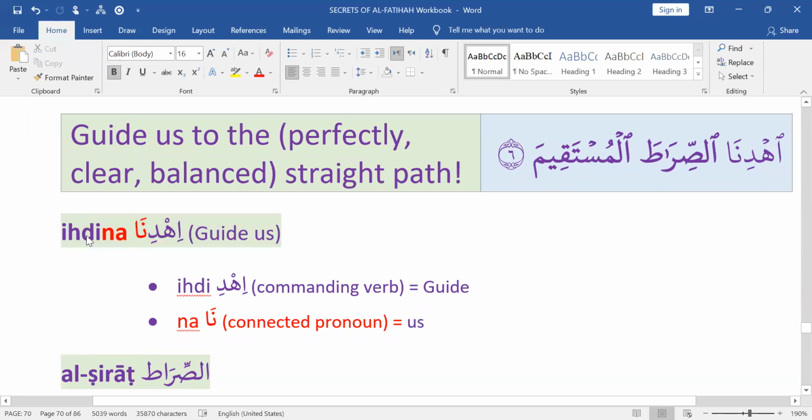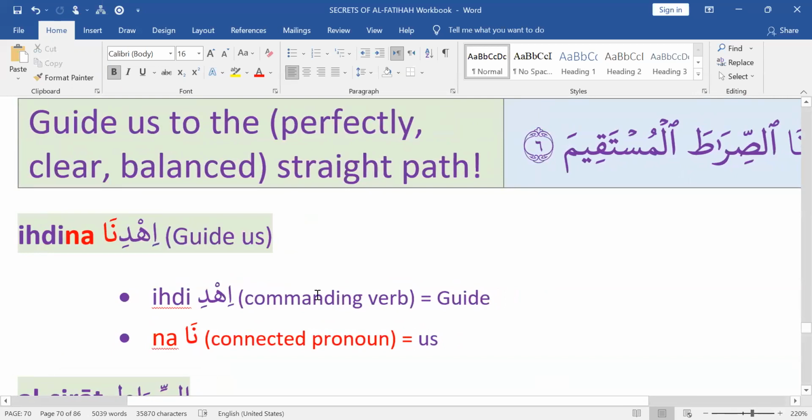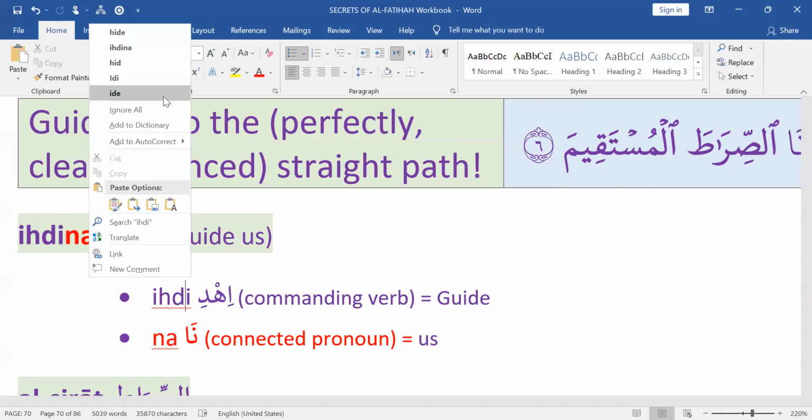Ihdina. It looks like one word, but it's actually two words. Ihdi is one word. Na is the other word. And in Arabic, sometimes two words are written together. Sometimes even more than two words are written together. So here's a quick breakdown. Ihdi simply means